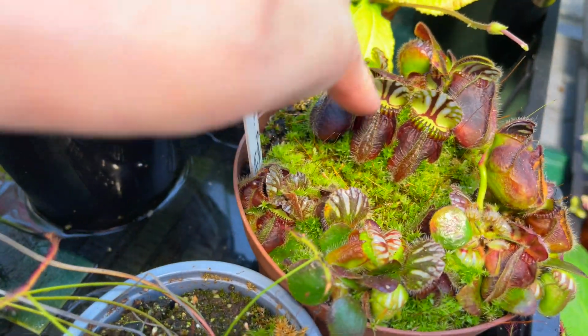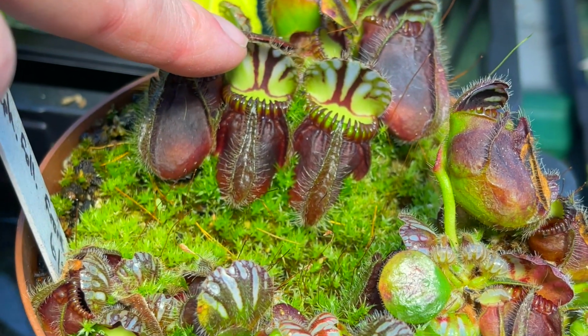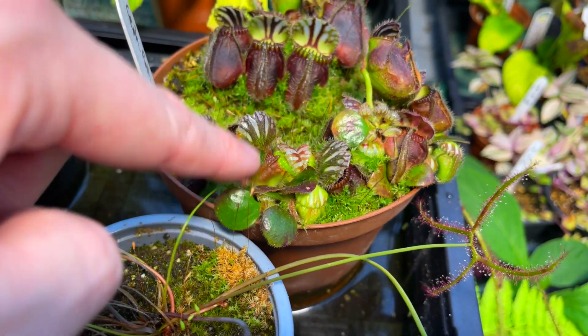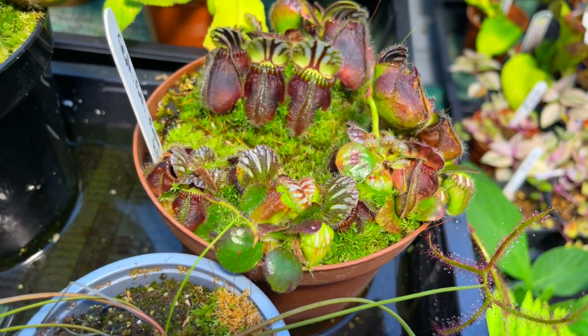So these ones in particular looking really nice, especially the underneath of the lids there. They're looking fantastic, really colourful. It's the newer pictures that look really nice. There's some little teeny tiny ones that are coming. So yeah,